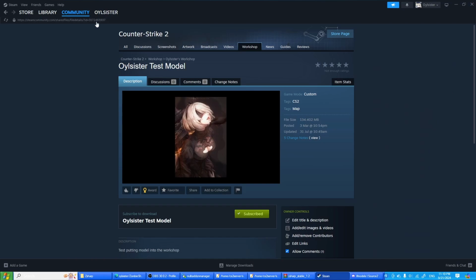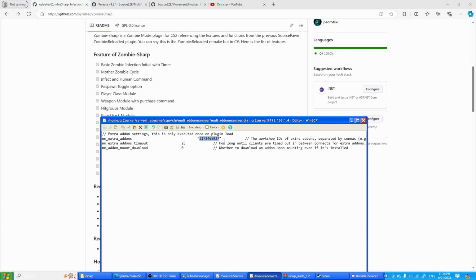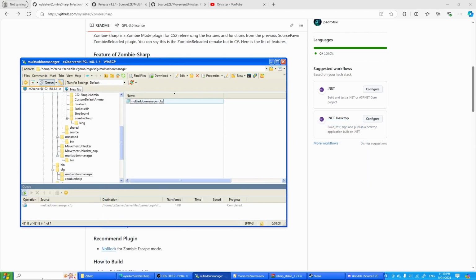So in this case, I copy this link and then Control V it and just remove the whole thing. You only need the IDs here, and then save it. And now you go to the